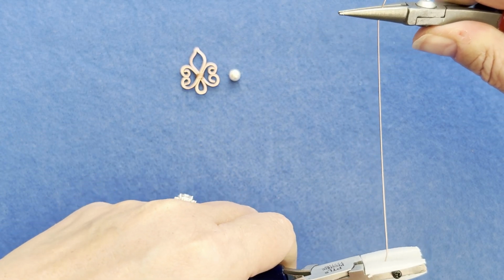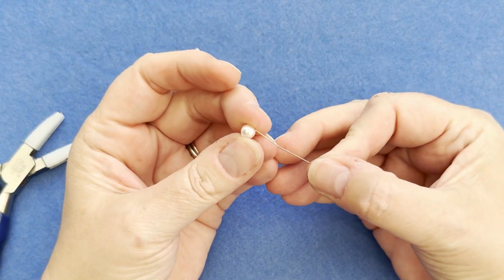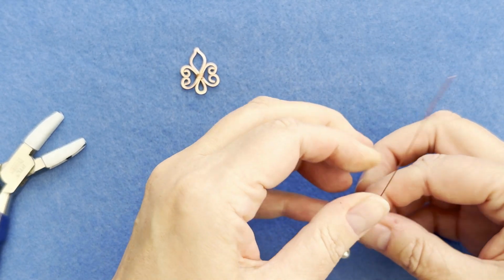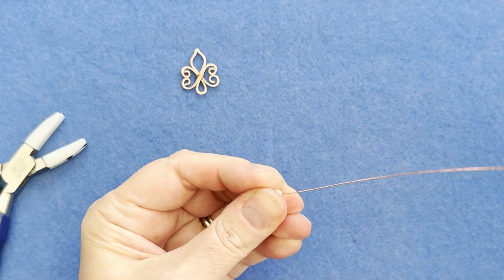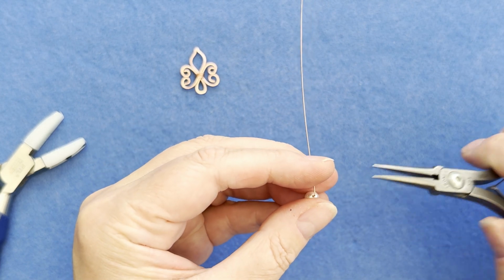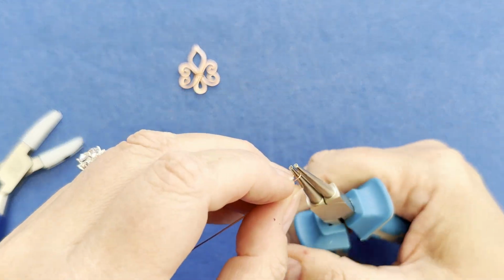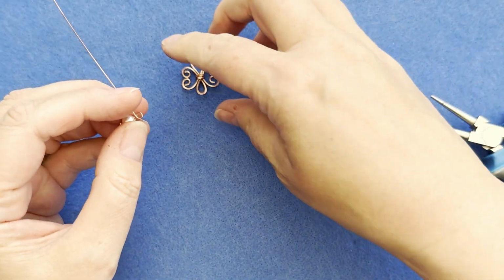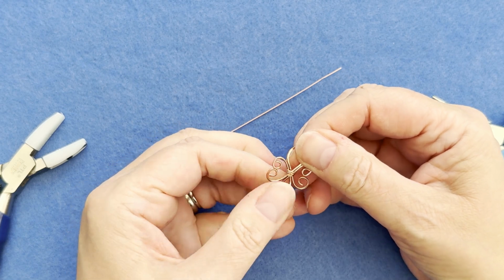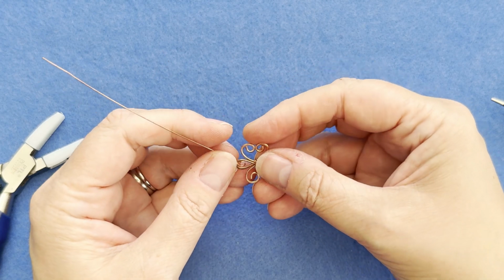So just pull that down, and that's your little knotted pin there, and pop it on. I give it a bit of a squeeze on the desk just to squeeze that down. That's beautiful. And then we make a small wire wrap loop, like so, and then round, like so, and then just pop that, get your component, make sure everything's nice and straight and secure, get your little fleur-de-lis, and then pop your little dangle on,